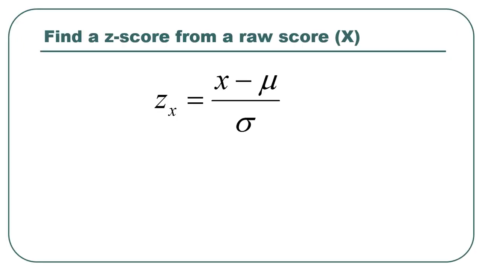You knew it, didn't you? There's a formula. Of course there's a formula. There's a formula for almost everything in this class. Sometimes it's not worth learning, but this one is. If you want to calculate the z-score of any raw score, so z of x, z sub x,